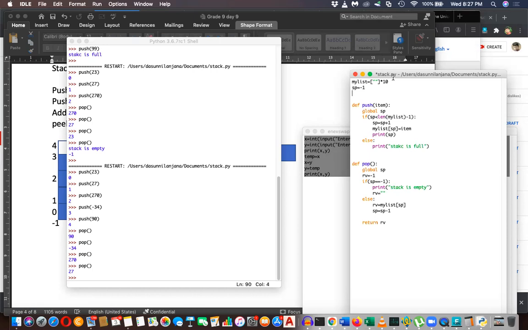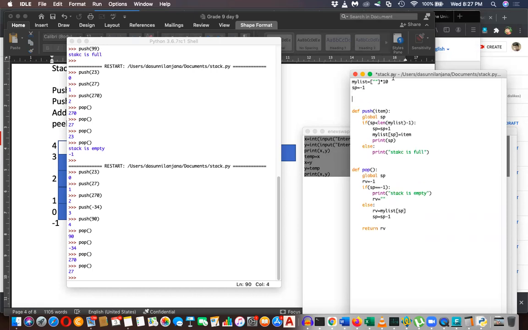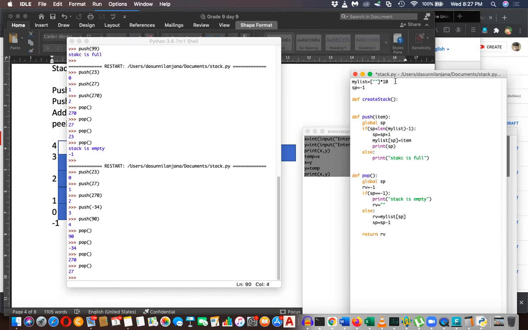Let's say def create stack. In this one, I can tell, okay, my list equal empty initially, but here you can say